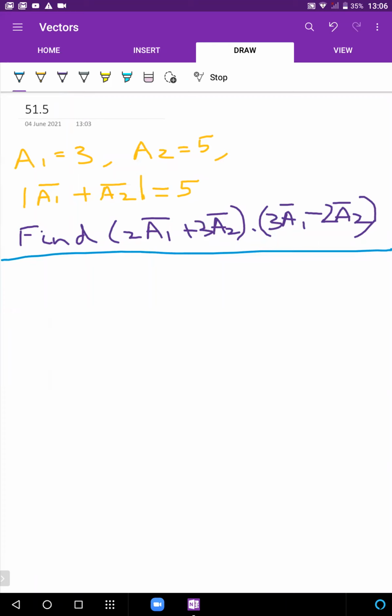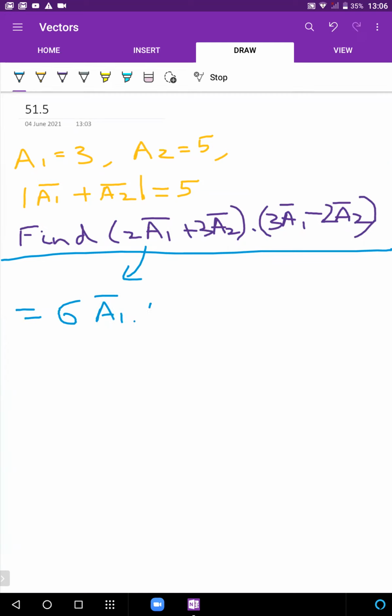अब देखो इसमें क्या है. पहले तो we'll start with this. Okay, what they're asking us to find. Let's see if we can make sense of that. So the first thing is, to make sense of that, this term is basically, I can open the brackets. Okay, I can open the brackets, and as I open the brackets, this becomes first 2 into 3, 6